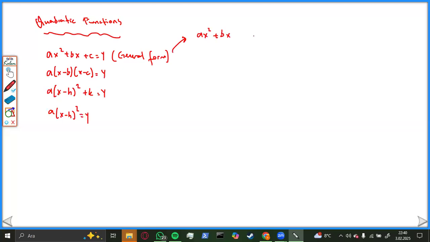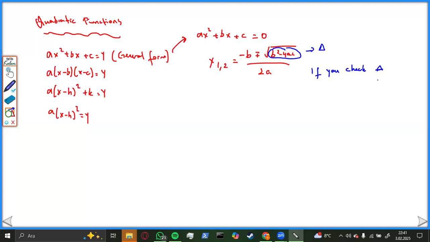If you want to find the x variable, I want to give you the formula for the roots of that equation. By using x equals minus b plus or minus the square root of b squared minus 4ac, over 2a. This is the formula. In addition to that formula, we call the part under the square root the discriminant. If you check,